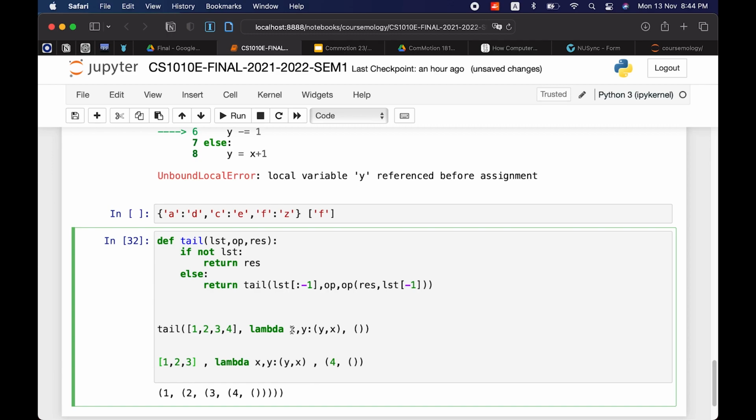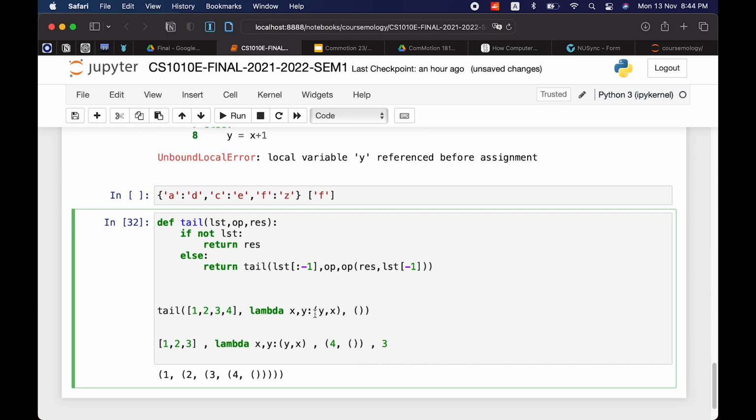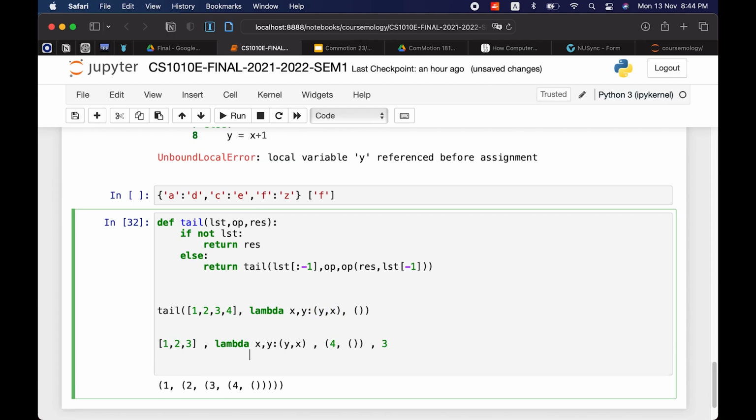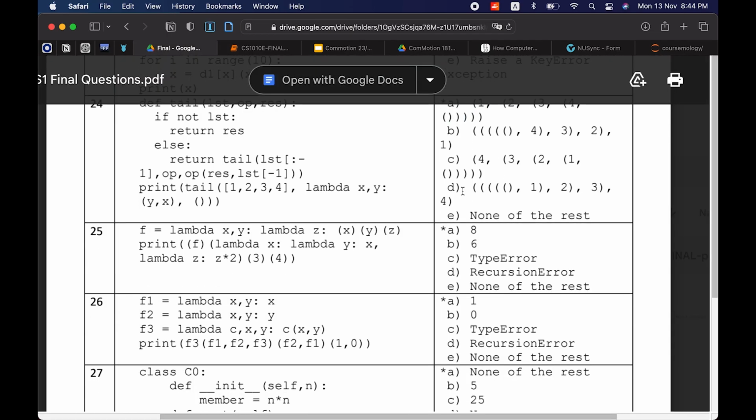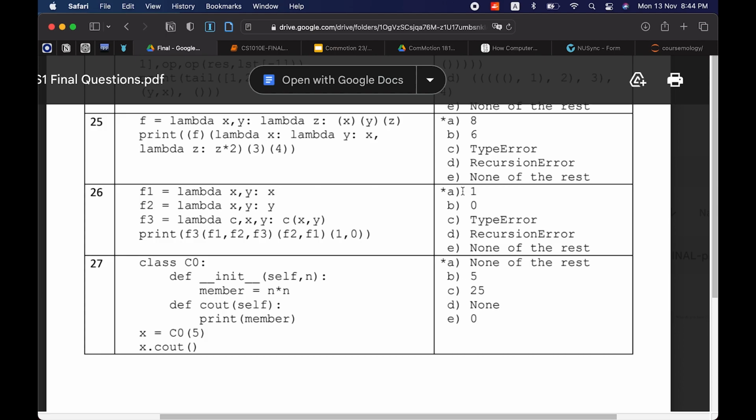So x and y are this and 3. Then you do the same thing, you turn them around. So it'll be 3 and this. And what you can see is this pattern. Actually, you can stop here, because it's just the same thing over and over again.